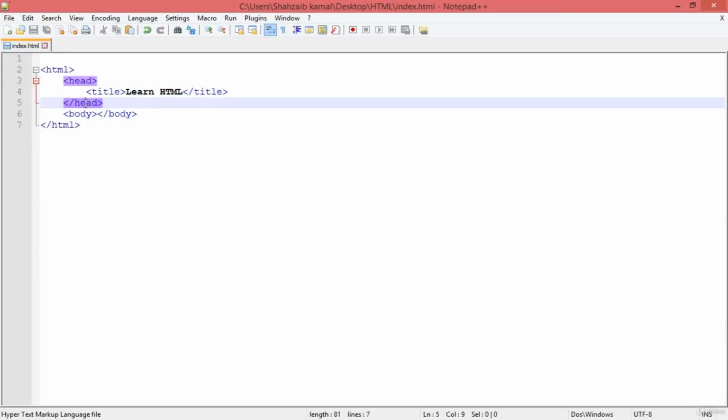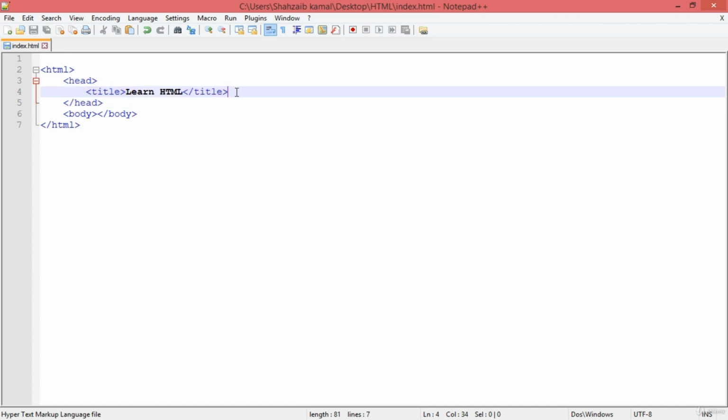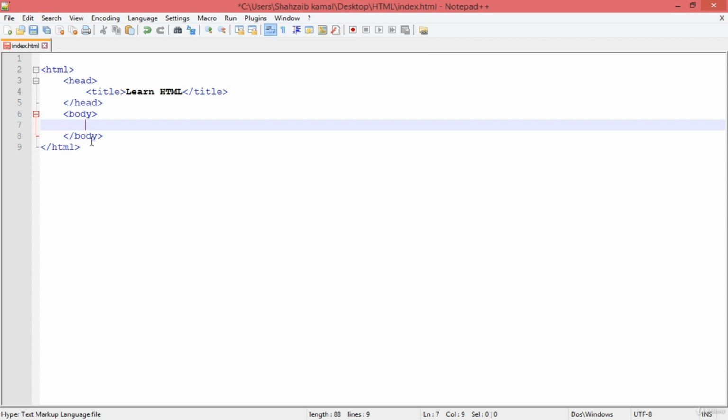Okay, now there are a lot of tags which we need to insert in the head tag, but right now I'm just going to the body tag and directly putting the h1 inside the body tag. Okay, now this is the method and the perfect rule. Now I'm just typing the heading, and after the heading and the enter, I can put the p tag in the same line of the heading.